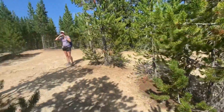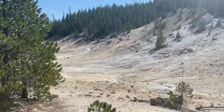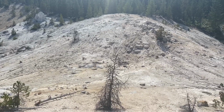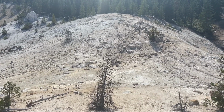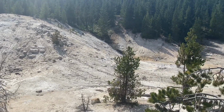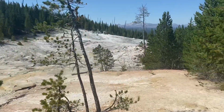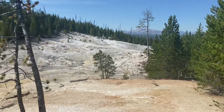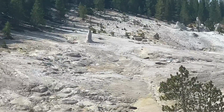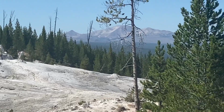What do you think, hon? We made it. Get to the top and you come out in this little basin. It's kind of silly at the top of the mountain, but you can hear it escaping over there. The hot air just going. Several thermal events, you could say, happening. And over this way, you can see some more. One looks like a chimney, like it's smoking over there. And if you look off in the distance,